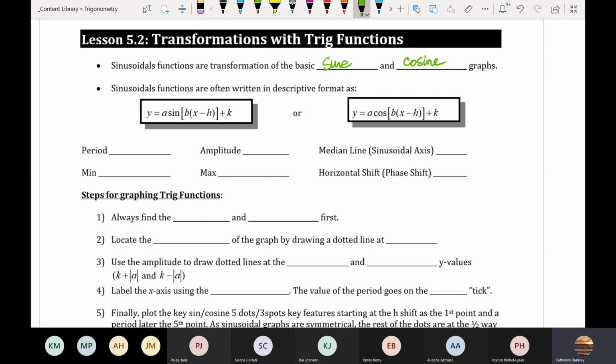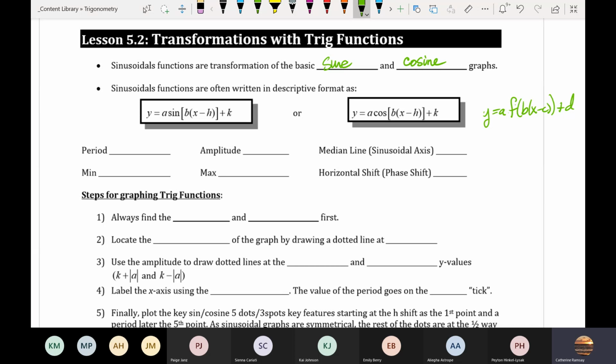So it looks very familiar to what we did in transformations in the first unit, where it was y equals a f of bx minus c plus d. Do you remember that? It looks very similar, except I'm not using an f for function. I'm using sine and cosine. However, I'm going to show you a different way for graphing this versus transformations. It's very similar, but it's a lot easier if you gravitate towards